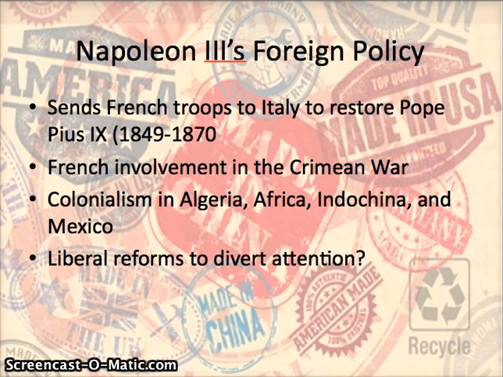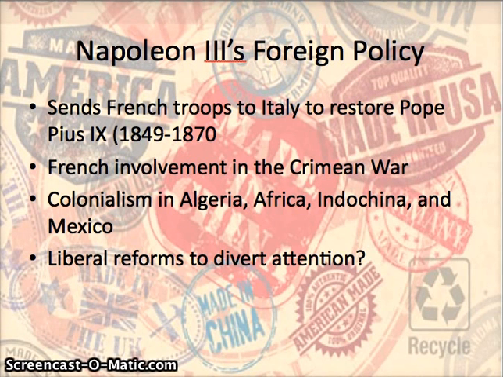You're also going to see that France during this period is going to institute colonial rule over many different areas outside of the country. Algeria, some African countries, Indochina or Vietnam, and Mexico are some of the countries where France is instituting colonial rule. Again, this is going to really upset liberals in particular. A lot of them are going to also establish anti-imperialistic ideas. So they're very against France. They don't see it as nationalistic necessarily to try to control all these other countries.